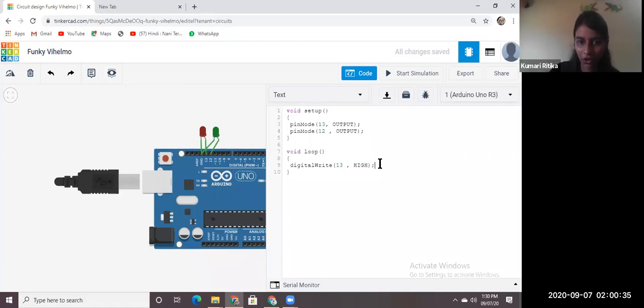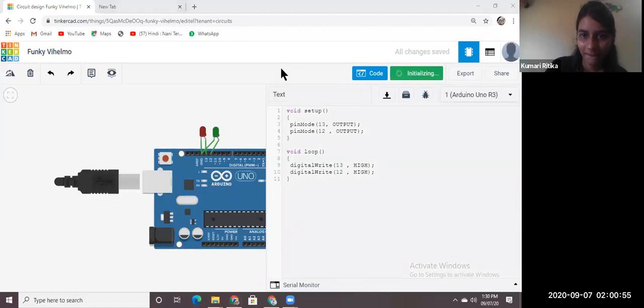To turn on the LED, we write it inside the loop block. Over here, write digitalWrite, and then the pin number is 12 again, and then HIGH. And click on start simulation.